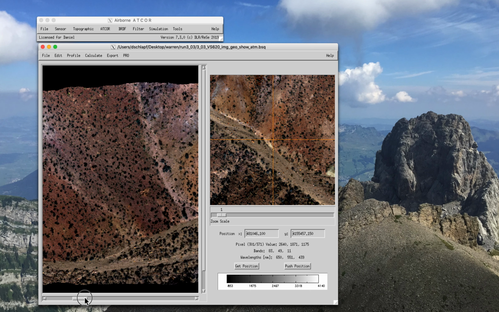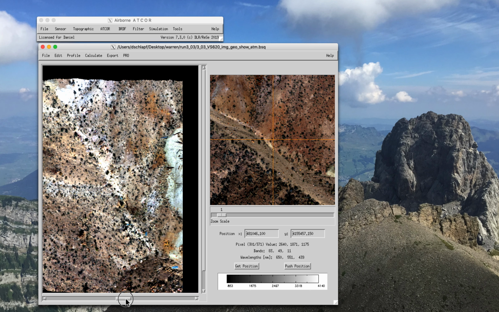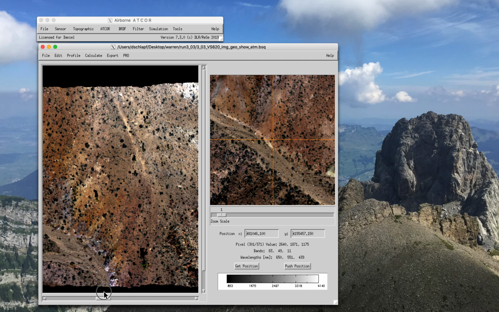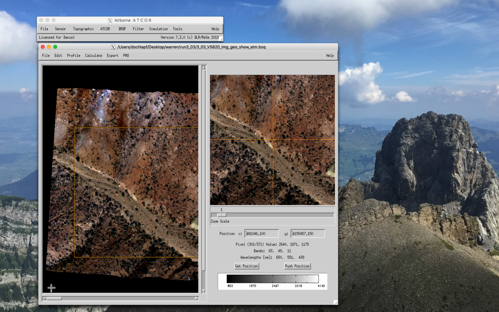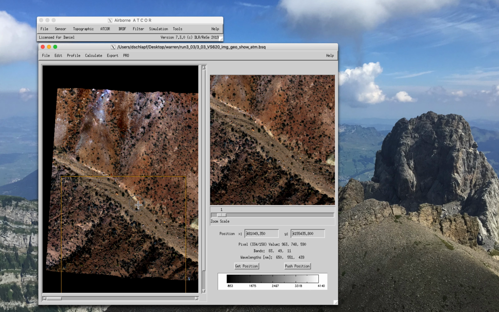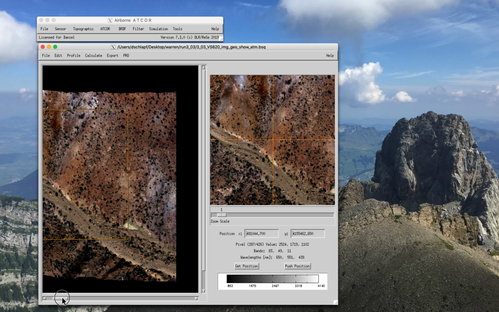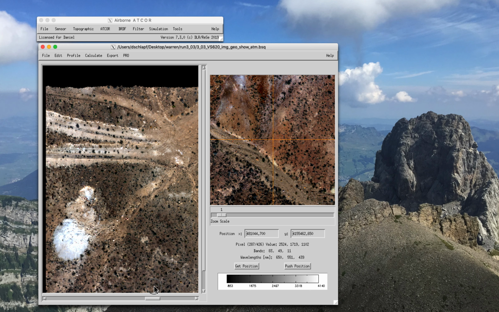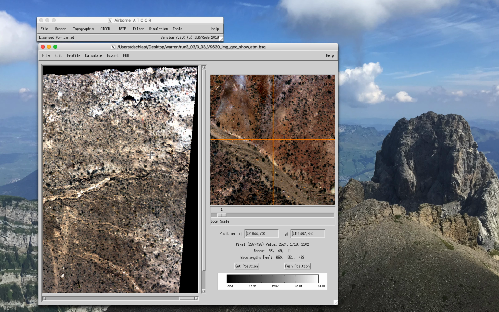First of all, the terrain correction worked more or less, so the terrain effects are gone compared to what we had originally. But still in are some shadows. Cast shadows are not corrected by this processing, and this would require special treatment, but usually it's not very reliable. So that's why I wouldn't recommend doing cast shadow